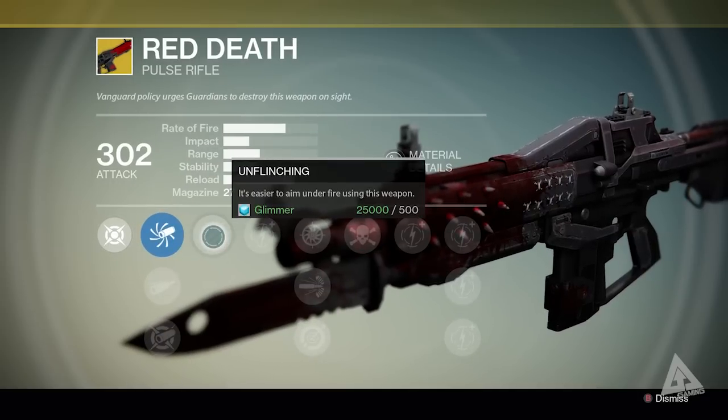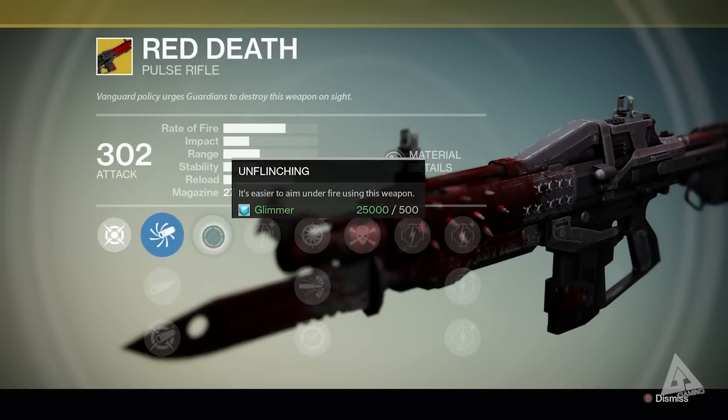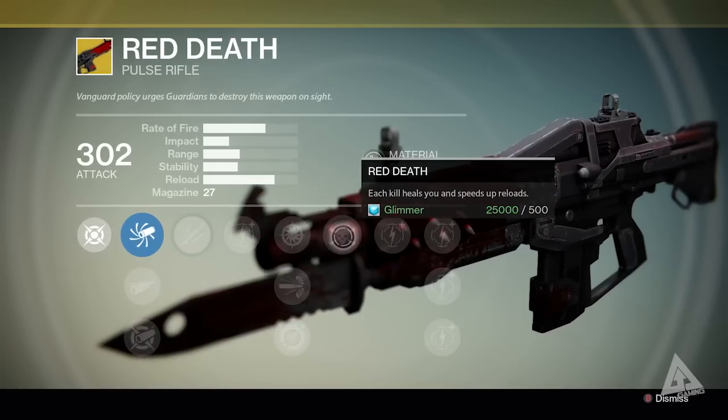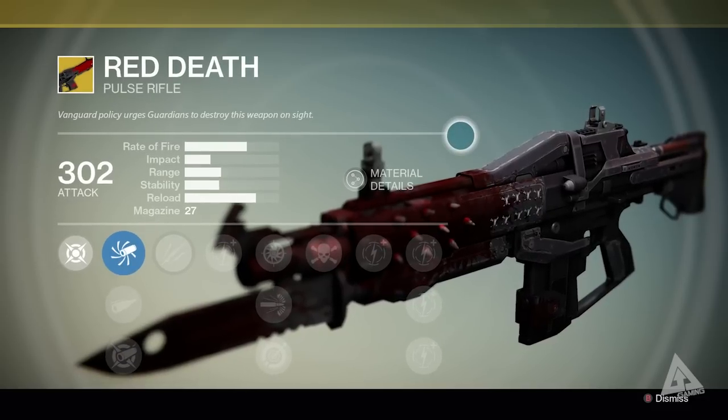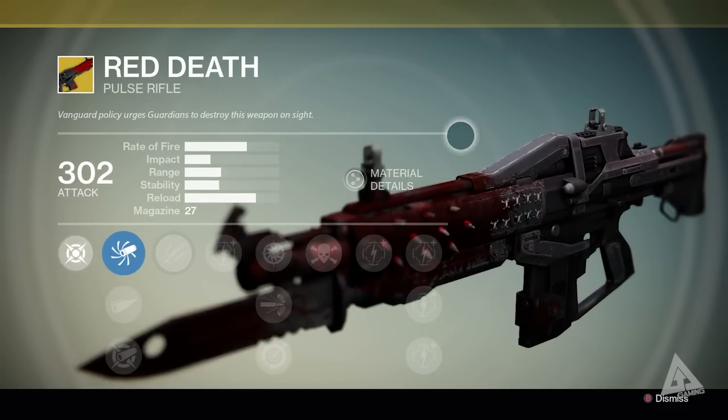But in the first section you have Unflinching, it's easier to aim under fire when using this weapon, and then over here you have Red Death. Each kill heals you and speeds up your reloads. The gun looks flipping awesome, so it's definitely one I want to add to my collection, and I think I might start using it just to give Pulse Rifle a try,